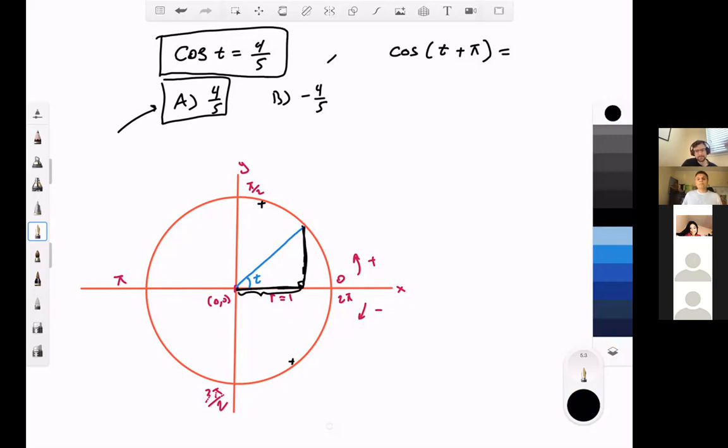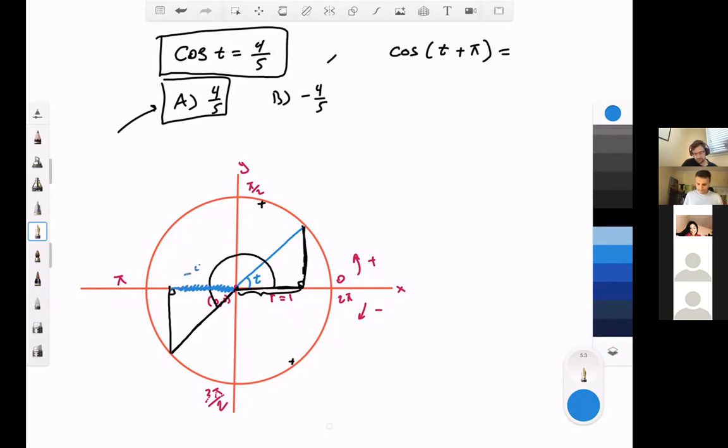Now I'm going to add pi to it. So this is pi, correct, plus t. It will be in quadrant 3. Correct? Is it positive or negative? So it's got to be in quadrant 3. If you make a right triangle, this much will be cosine of pi plus t, which will be